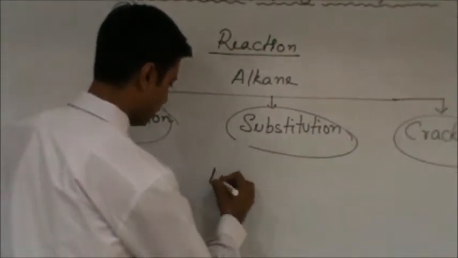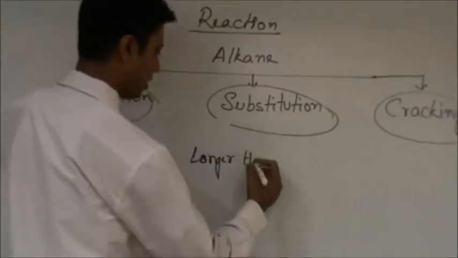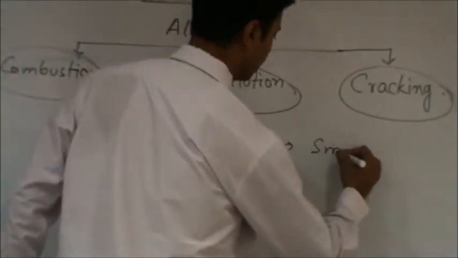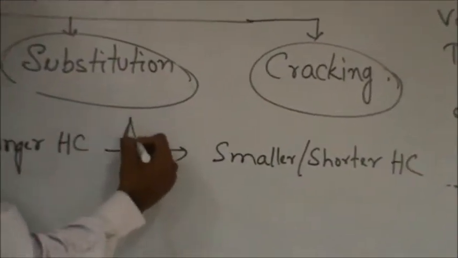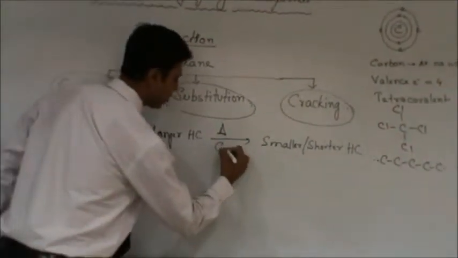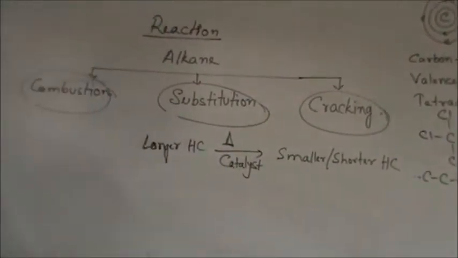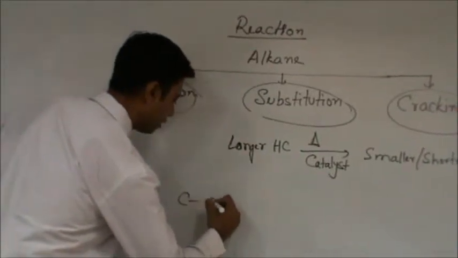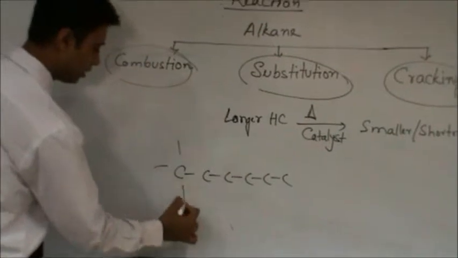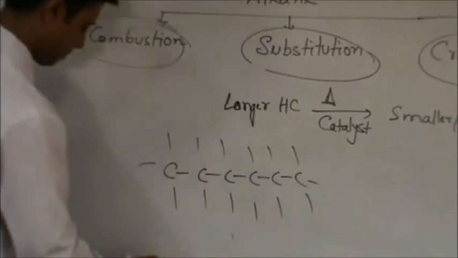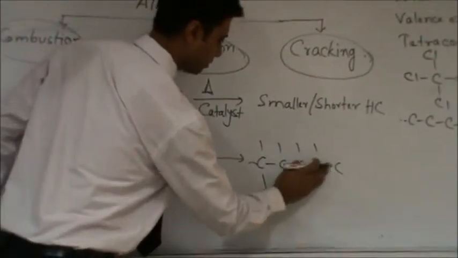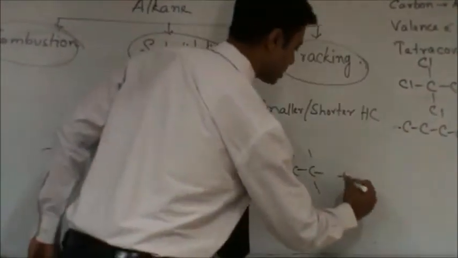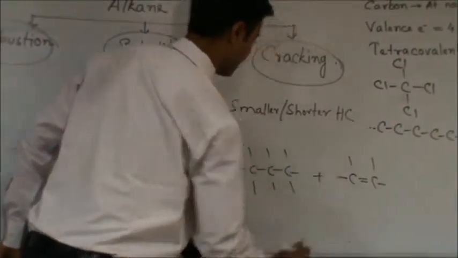That is, longer hydrocarbons are broken down into smaller or shorter hydrocarbons by heating the longer hydrocarbons in the presence of a catalyst. For example, if hexane is thermally decomposed, it gives you butane plus ethene,